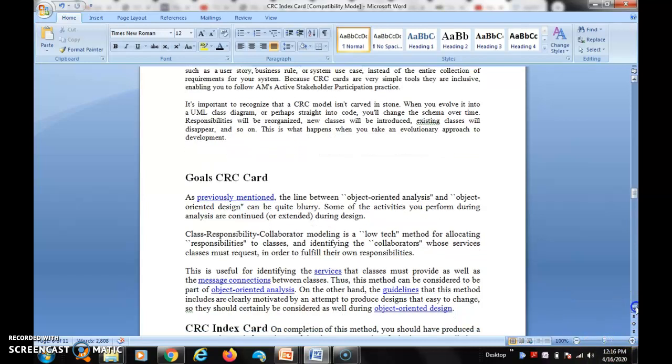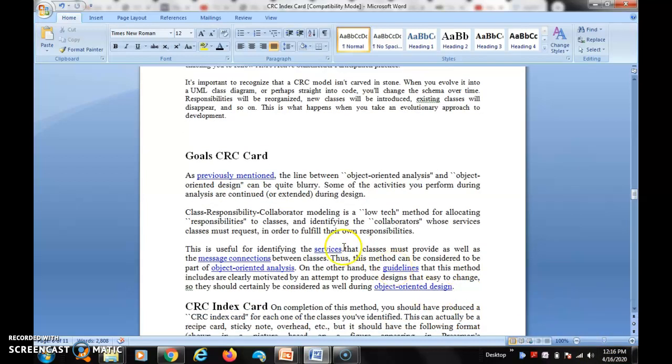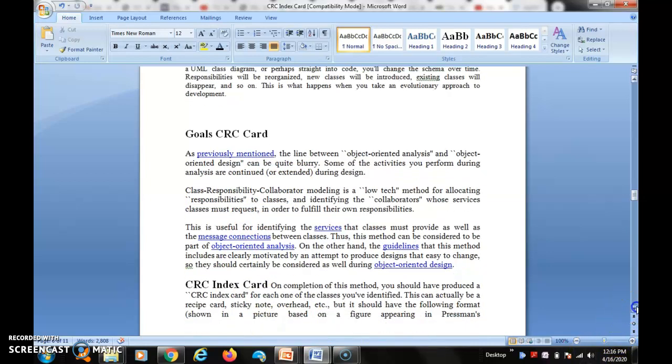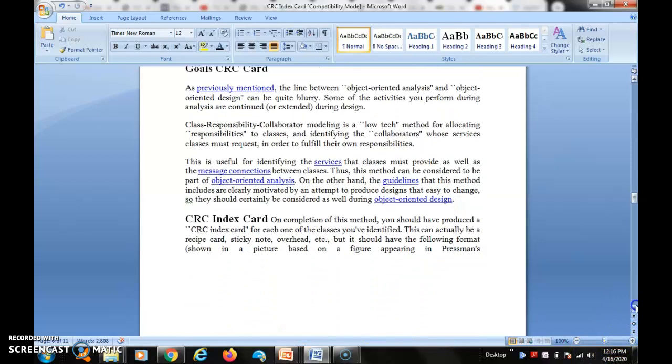So this is the CRC card. Here, object oriented analysis and object oriented design can be quite blurry. So some activities you perform during the analysis are continued. So in this case, the card is the CRC index card.